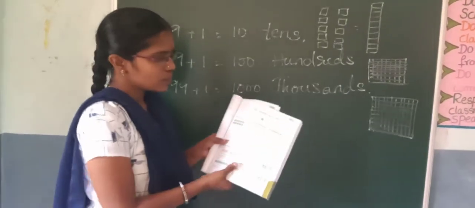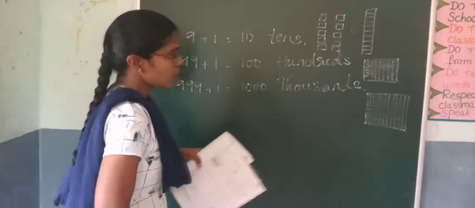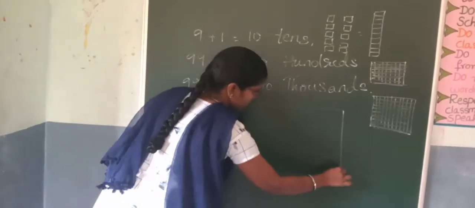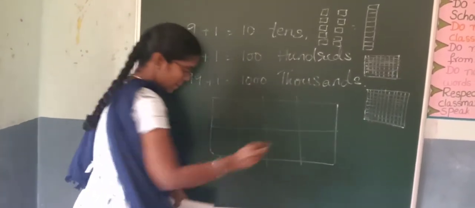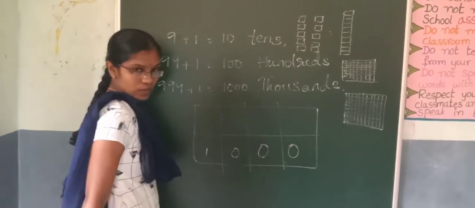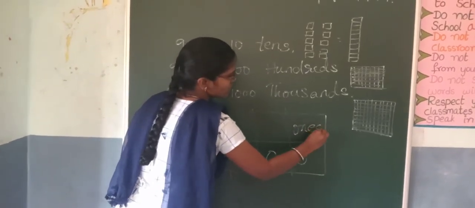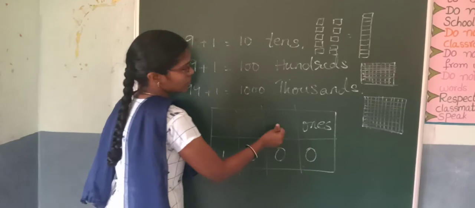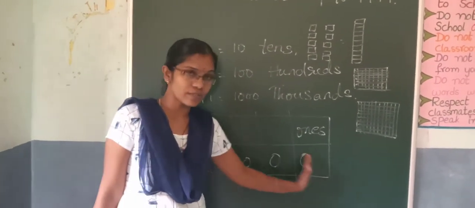Now see the place value chart. You know the place value chart already. Now when you are writing the place value chart, first of all you have to mention the place values. So how do you write the place values? See here. First of all, I am giving the numbers here. Suppose here 1, 0, 0, 0. Now see, 0 in which place? 1's place. Now see here, when you are writing the place values, you have to come from the left to right.